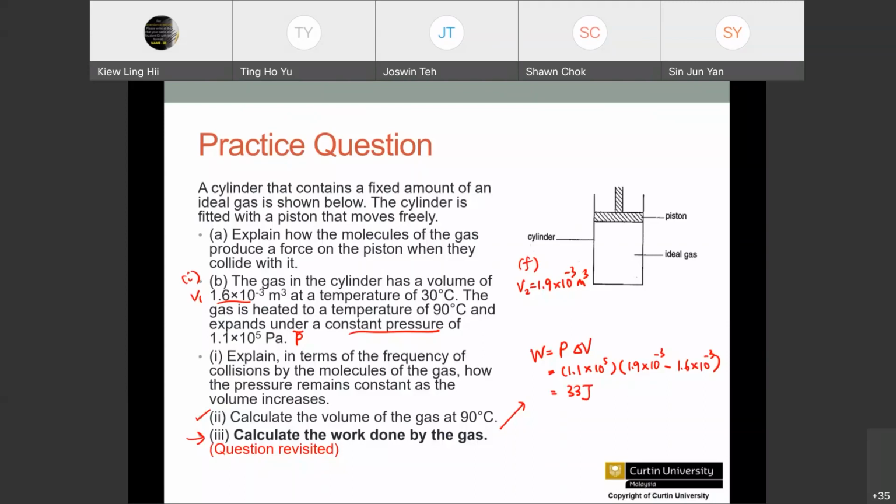So this is how we find work done. Positive also tells us that this is an expansion. The sign convention will not lie to you as long as you put the correct sequence. Now let's try an example of